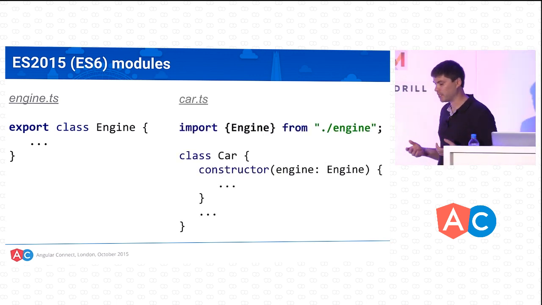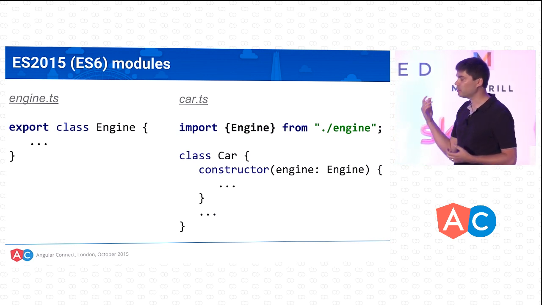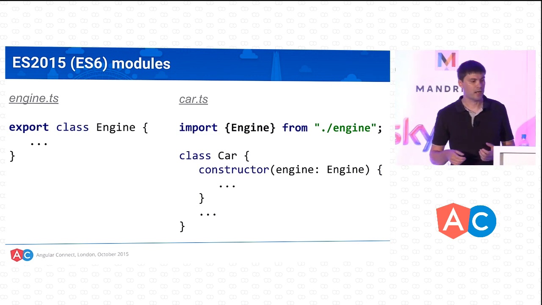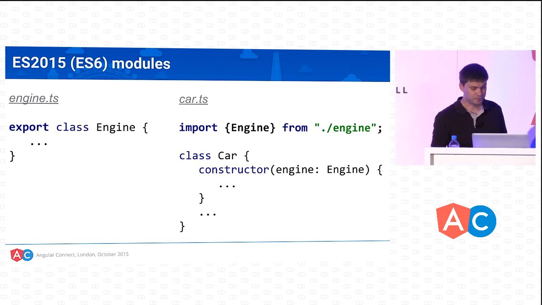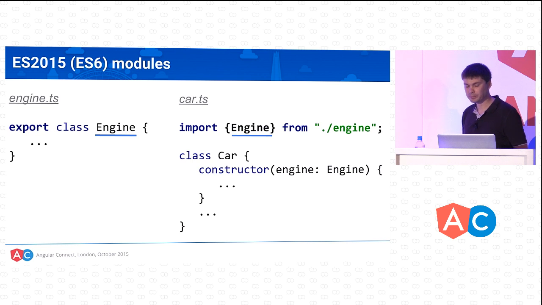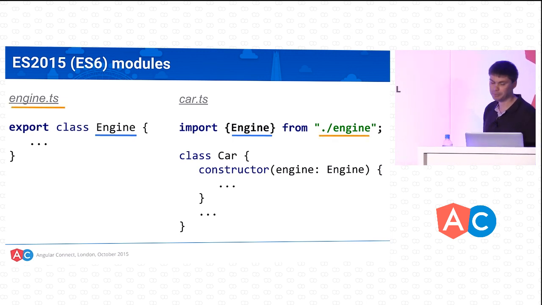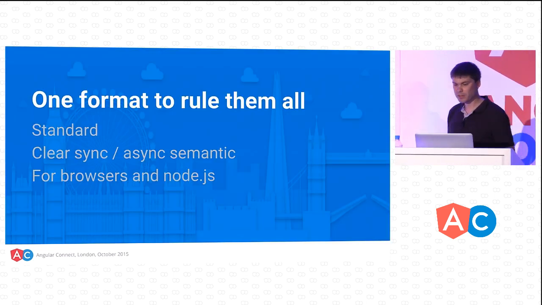I could also export a variable or some other thing. And as soon as it's exported, someone else can consume it. By consuming it, I mean I can import. When I say I want to import something, I need to say what I want and from where I want to have it. This is very simple.